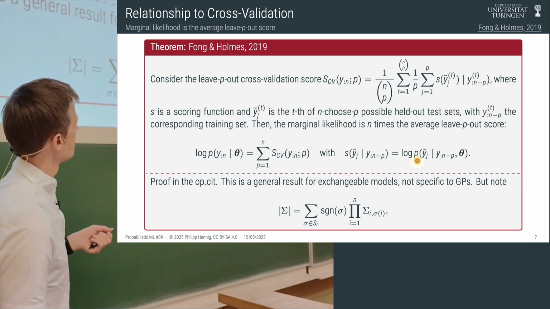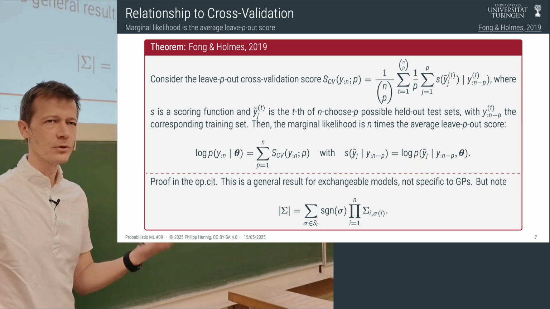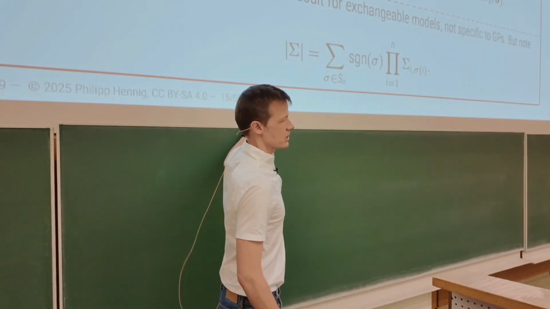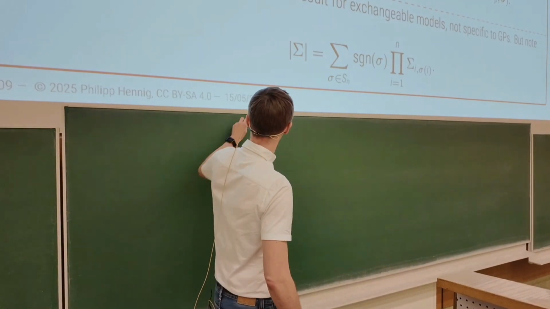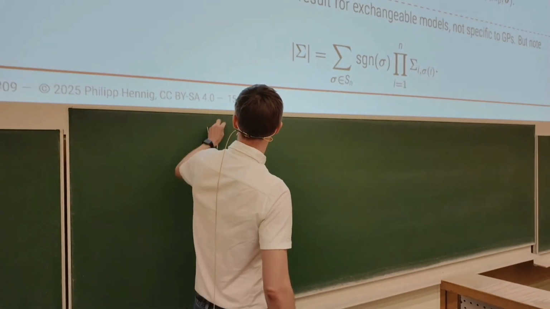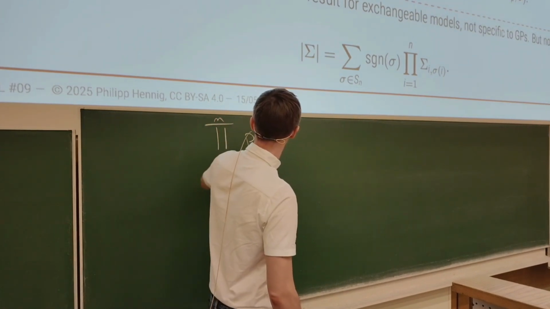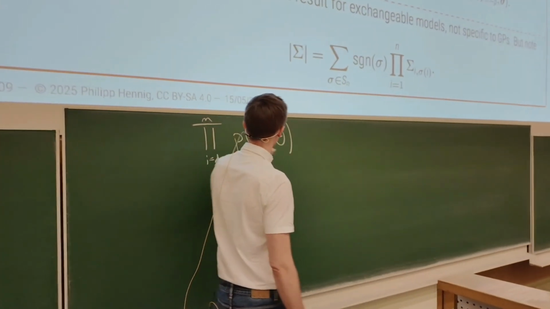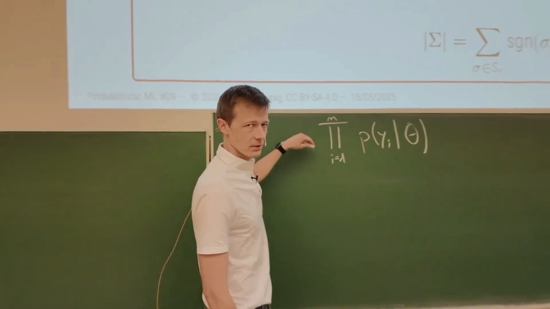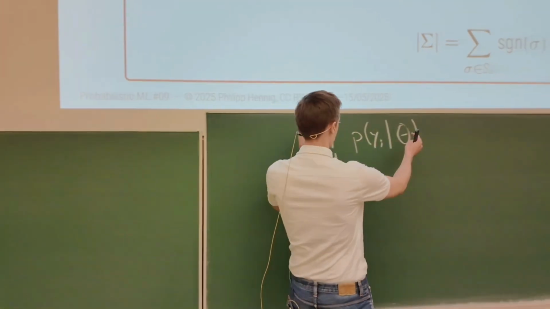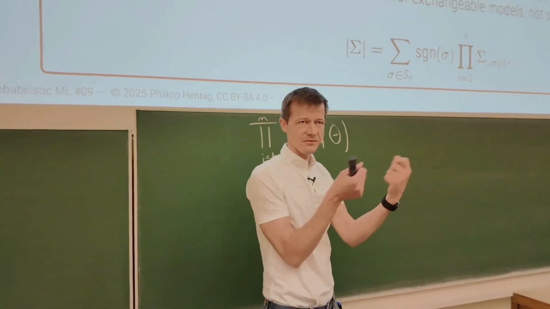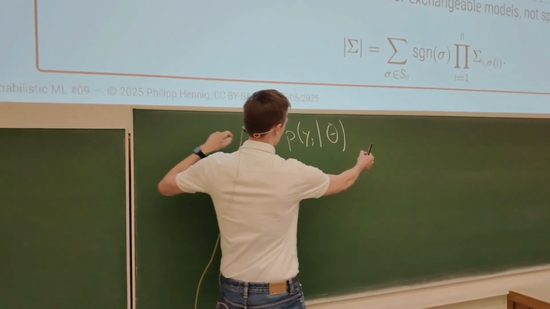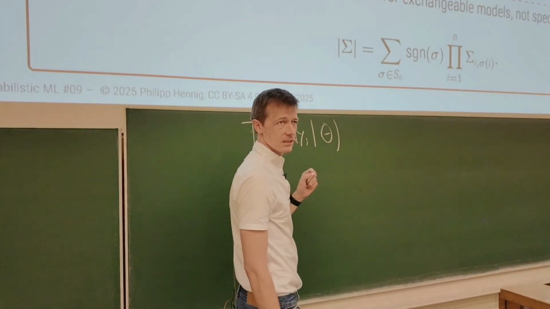And so you can even try and do this proof for yourself. Just intuitively, the idea behind that is that if you have an exchangeable model, so if you have a likelihood for every individual datum that enters in a product over the model parameters, then you can probably imagine that if you take the logarithm of that, you get a sum, and then you can rearrange the terms in this product or in the sum in arbitrary fashions, right? Because the sum is commutative and the product is as well. And so you can actually do partial integrals over this, partially pick